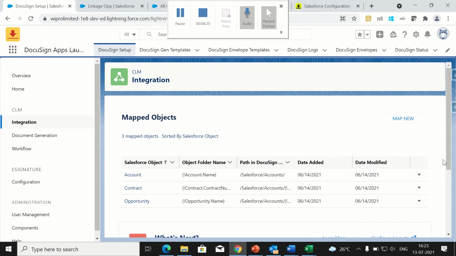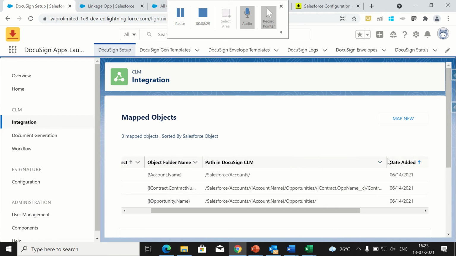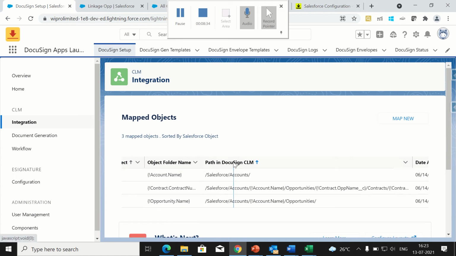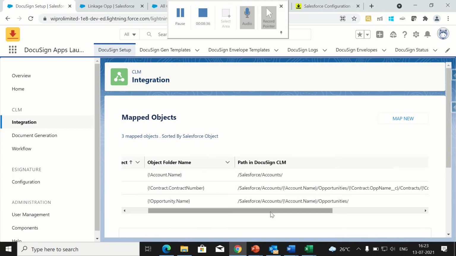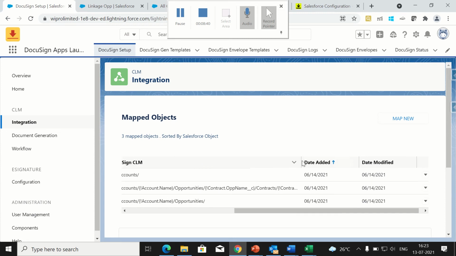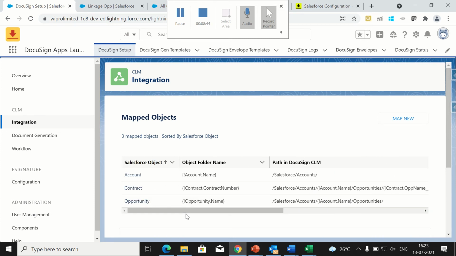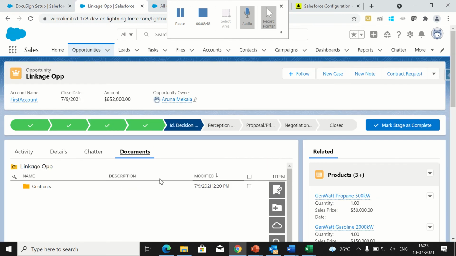This is the folder structure I have been maintaining in this project for the contract. The generated document for each contract will be stored in the contract number folder, inside the contract status folder, inside contracts, inside the opportunity name. After the mapping, I have given accessibility of the DocuSign files inside this opportunity record.